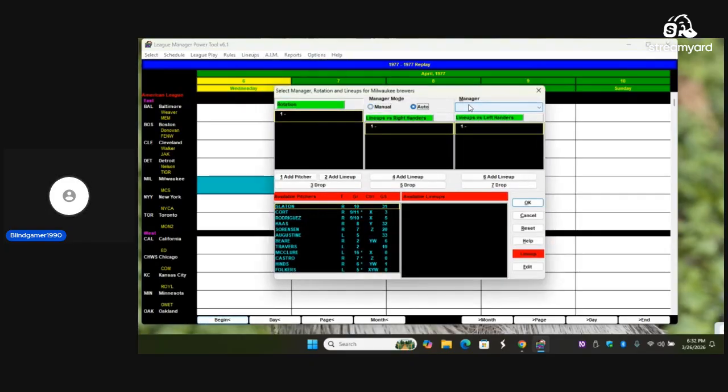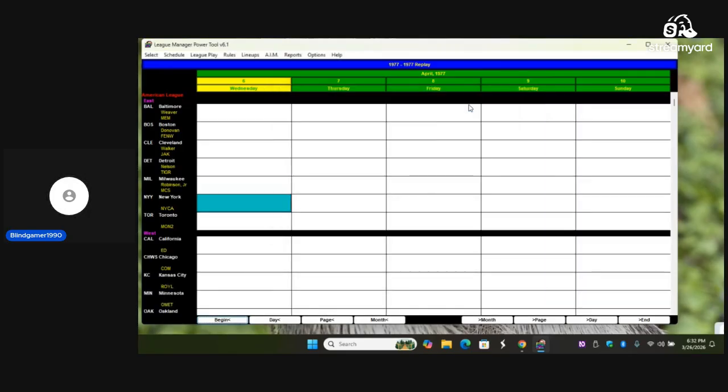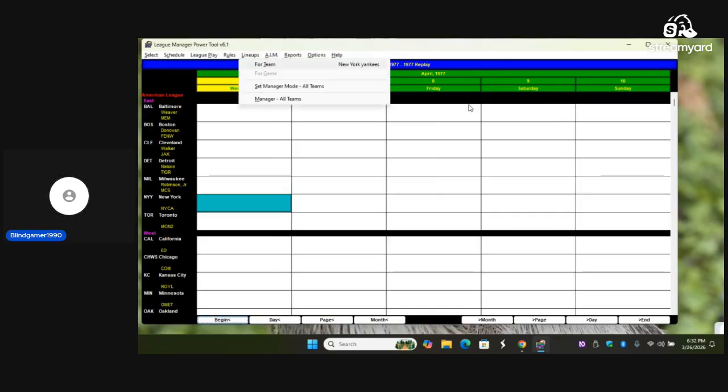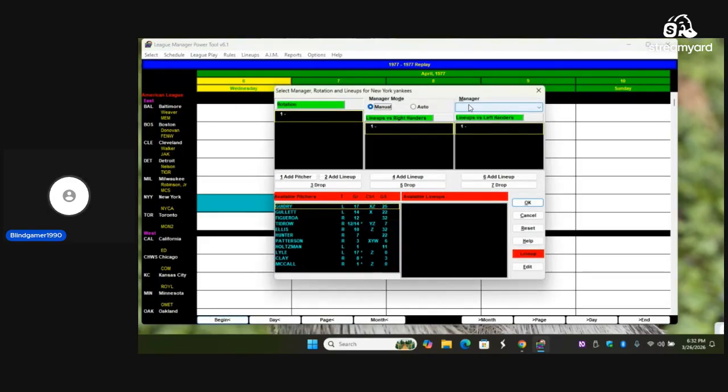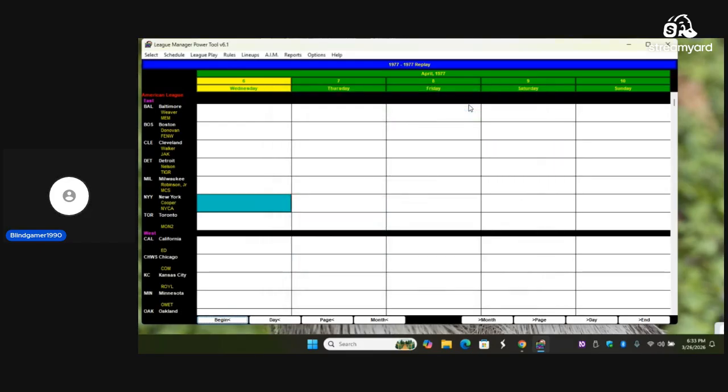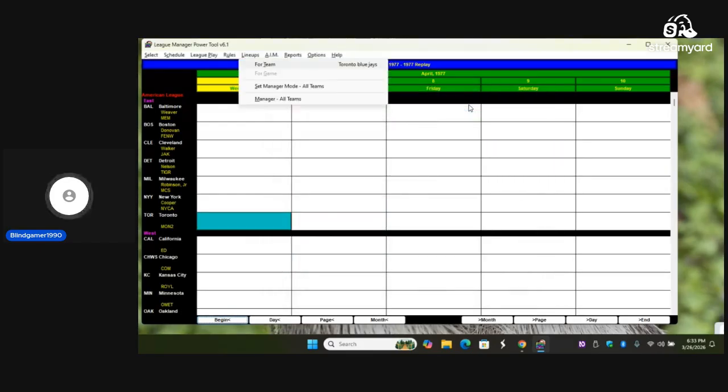Milwaukee Brewers. That'll be the Duke of Milwaukee. Now, I'll show you what this does. If you set manual, then the manual game option will come up when you have a set schedule. If you don't, it will not come up at all. But auto, let's see, the Yankees, Cooper. Let's see, Blue Jays,